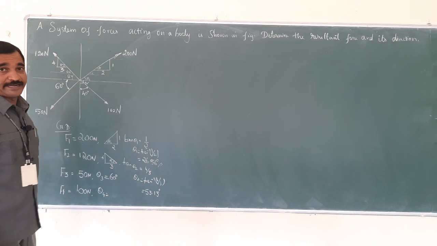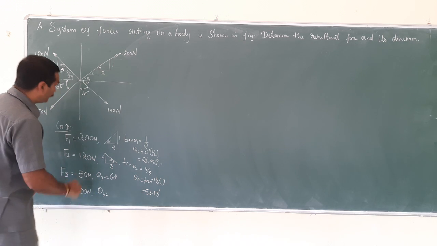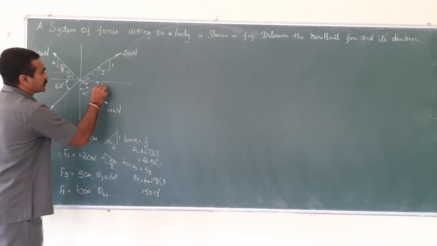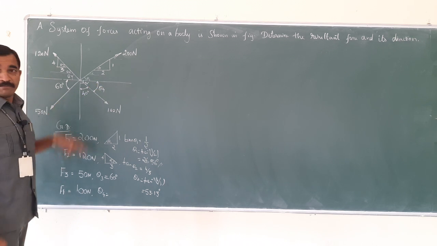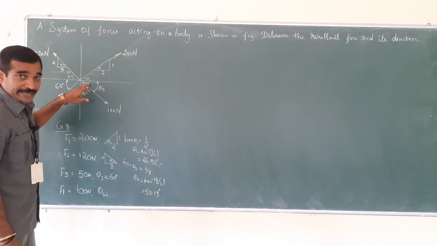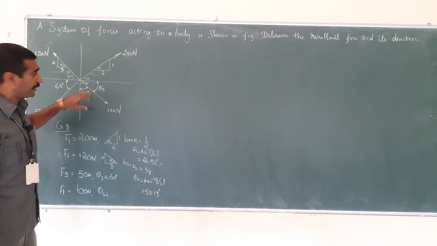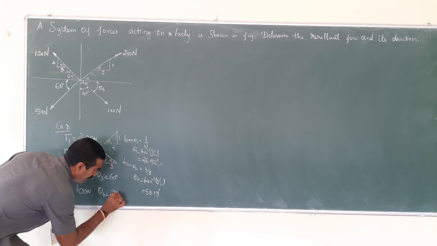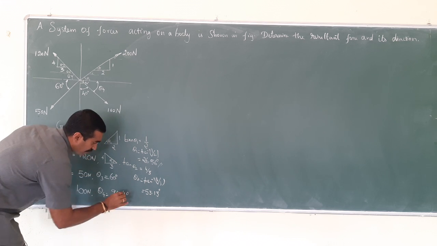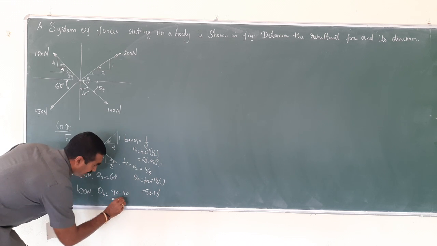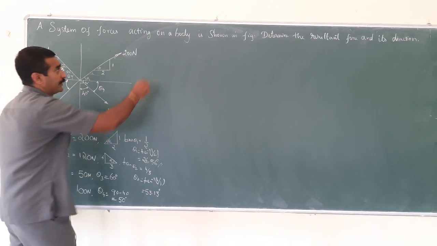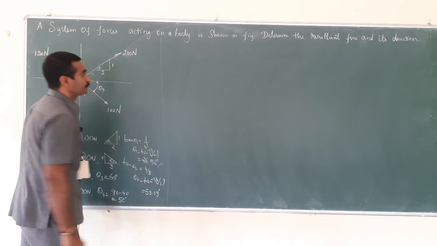So theta 4 is equal to, if I want to calculate this value, that is theta 4, if I subtract from 90, that is 90 minus 40, I will get this theta 4 value. Right. So 90 minus 40 is equal to 50. That is, theta 4 is equal to 50 degree. Right. This is the given data.